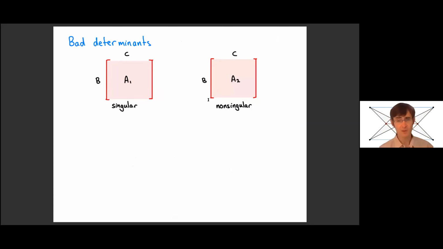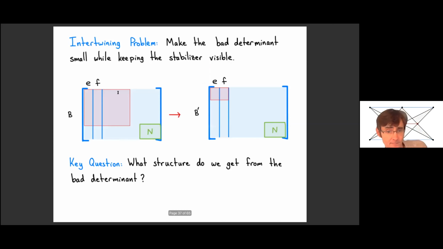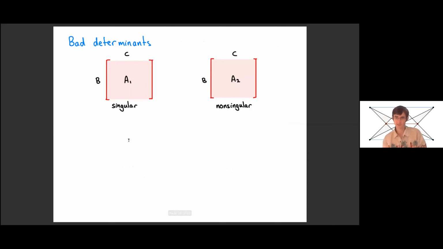So I'm looking at minimal bad determinants. So I can focus on this bad determinant here. I can delete the other elements that aren't in the basis and contract the other elements that are in the basis. And so then I can do the same thing in the excluded minor. When I remove elements from the excluded minor, I'm going to get a GF5 representable matroid. So I end up with two matrices